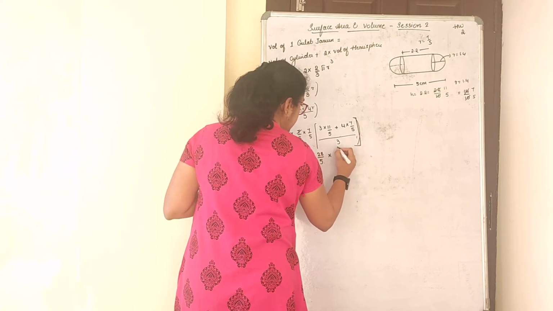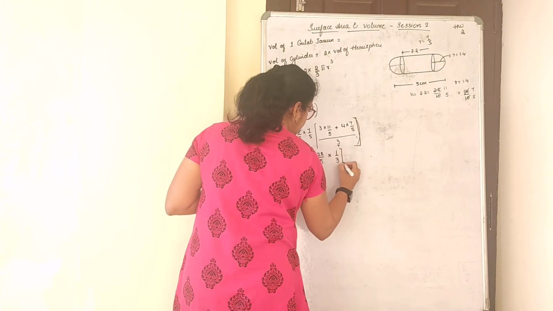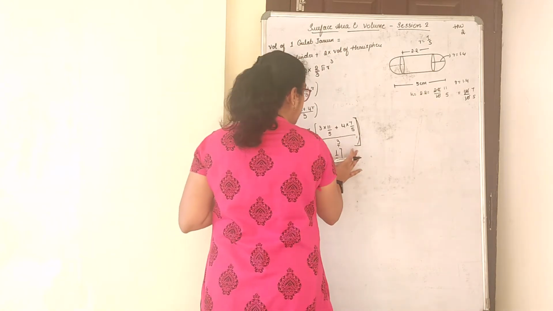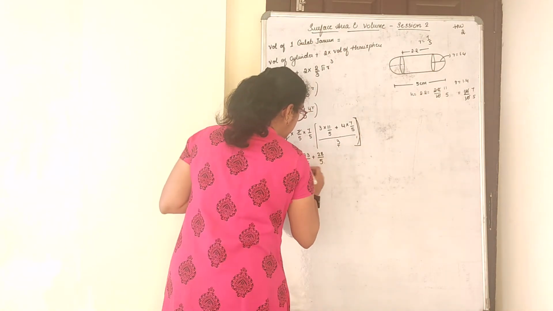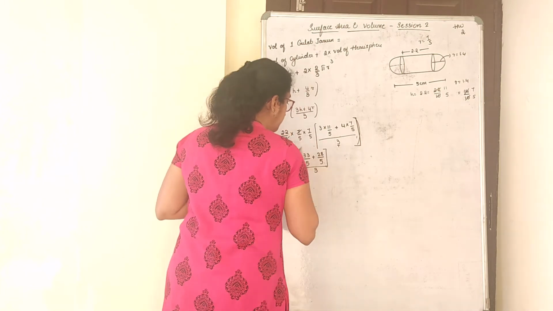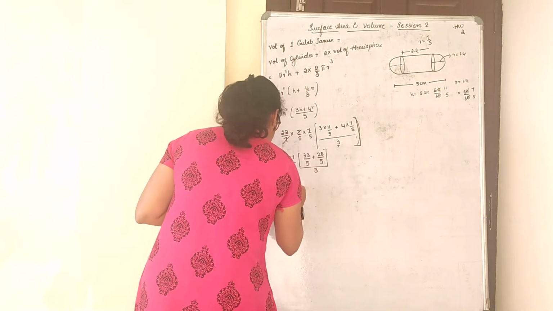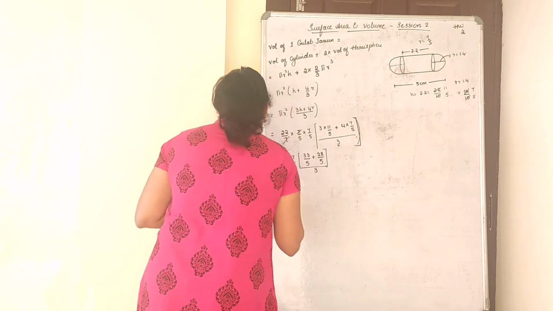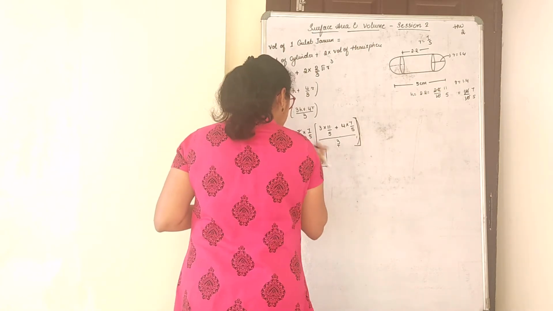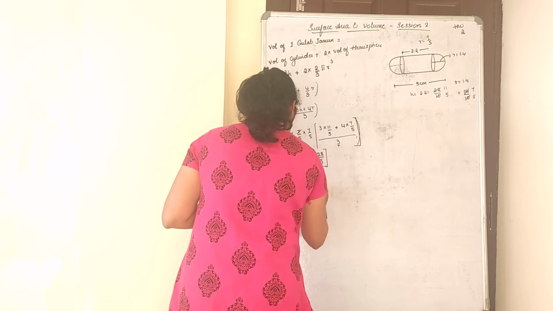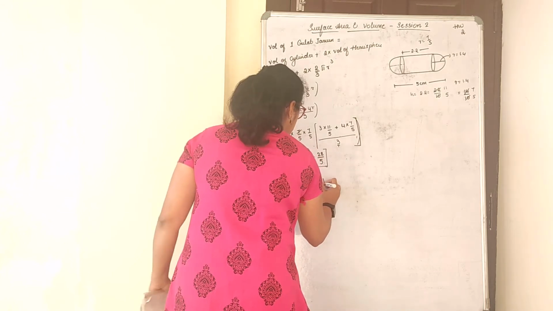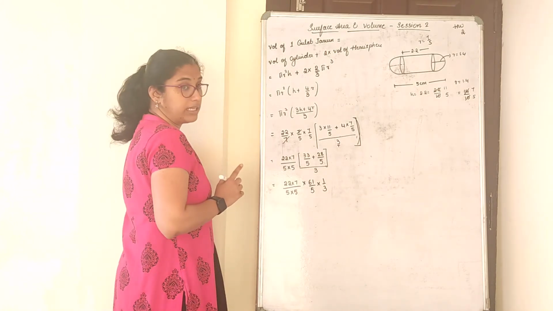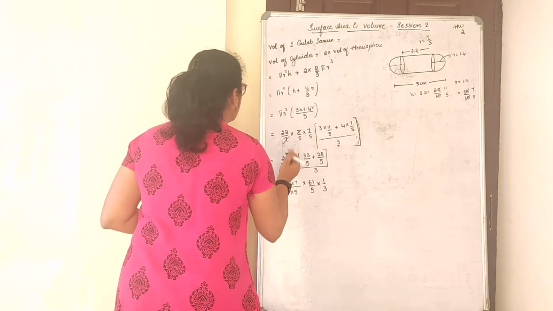Reciprocal: if I take this 3 as 3 by 1, this will be 1 by 3. Don't multiply with this. First we have to finish this part here, because the reciprocal part will come later. Otherwise we'll sit and multiply this. The divided by 3 part is as it is here. So keep it as it is, don't multiply. 22 by 7 into 5 into 5, 33 plus 28, you will get that as 61 by 5 into 1 by 3. Now it is clear. Check if anything you can cancel. Nothing you can cancel here. Keep the answer like that only.